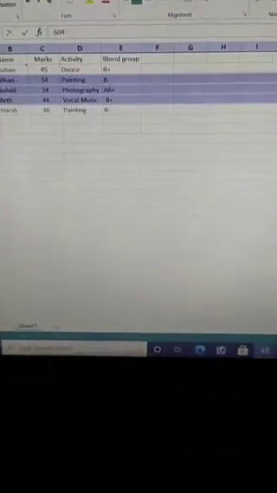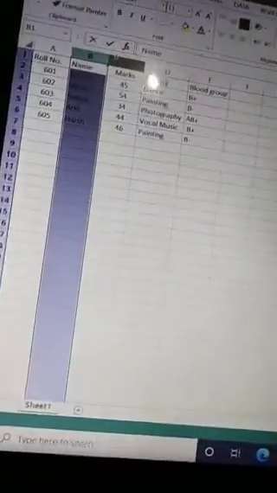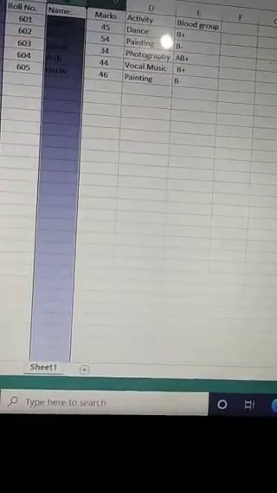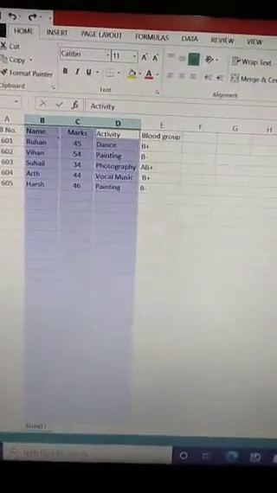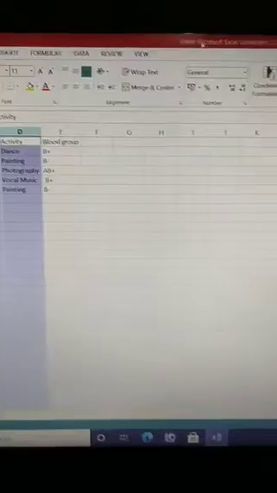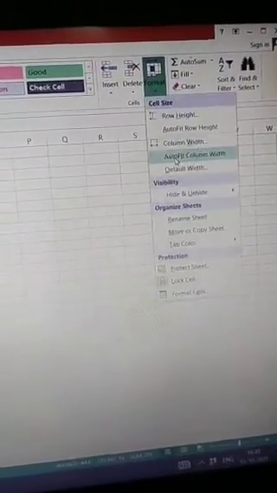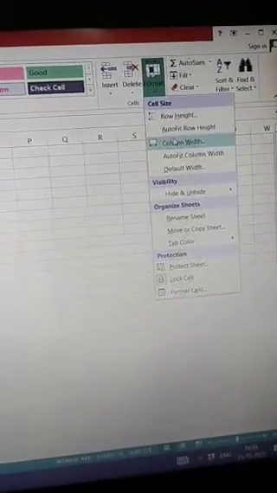In the same manner, we can change the column width manually. At first, select the multiple columns whose width you want to change. Go to the Home tab, and in the Cells group there is the Format option, and you can see here the option Column Width.